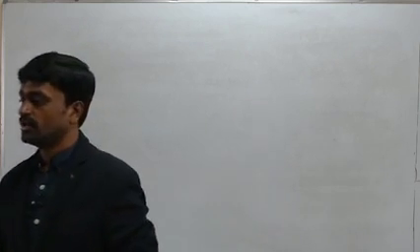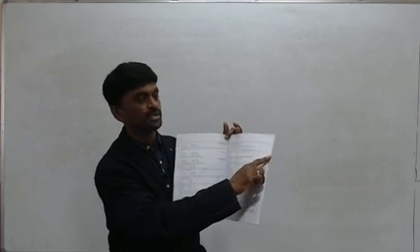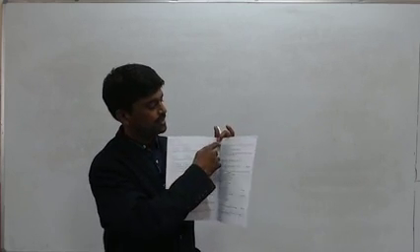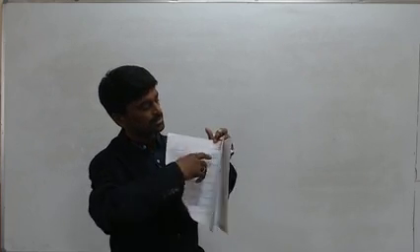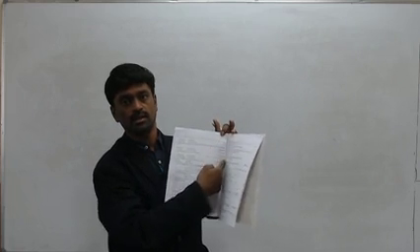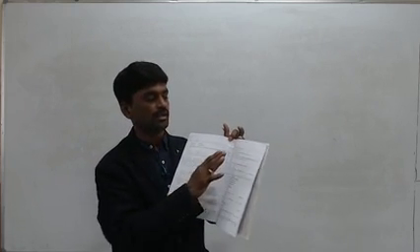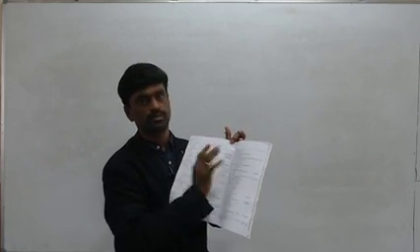Suppose you take your book also. If you take any book, you treat this page as one plane, and this page as another plane. They are intersecting, and their intersection is forming a line. This is the line. I am moving it now, that is the line. So that line is called the line of intersection of the planes.